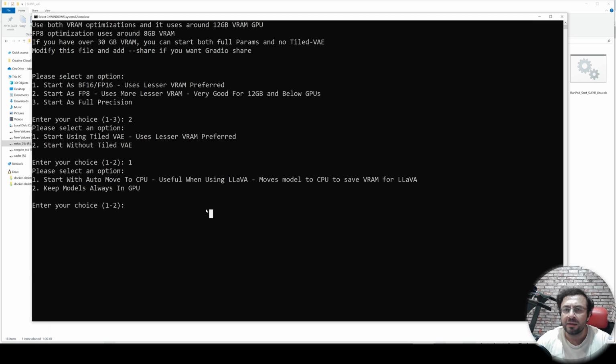So rent a like 40GB GPU, 48GB GPU, and you can use without tiled VAE to get best speed. Then there is also keep models always in GPU. This will be a little bit faster than start with auto move to CPU. If you have a limited VRAM, then again start with auto move to the CPU. Then you can either start with light theme or dark theme. I will start with light theme because I like it.